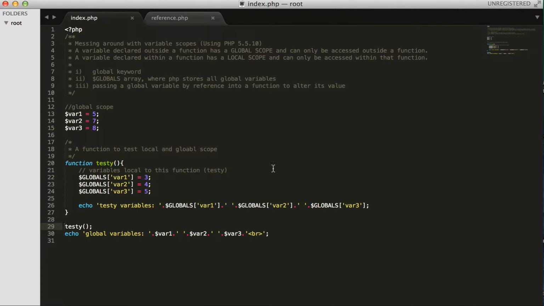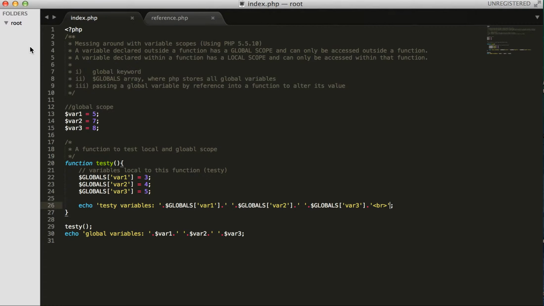And let's make it a little more readable. As you can see, we've printed out the value of the global variable that we've redefined within the function. So that can be handy. I'm not going to go too in depth with that right now, just so you guys get an idea